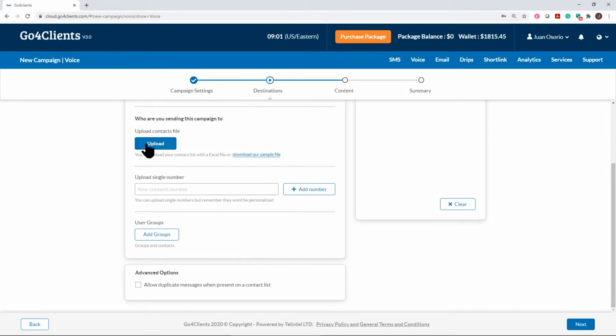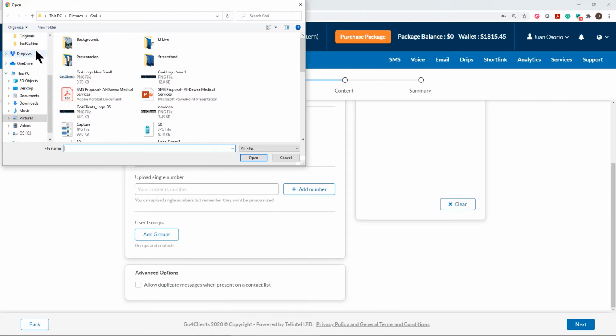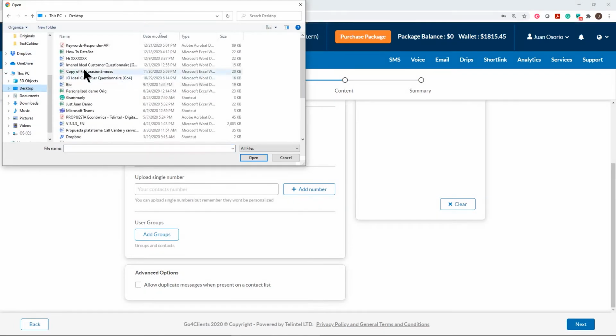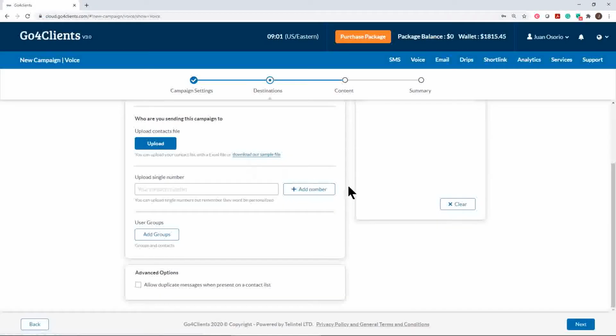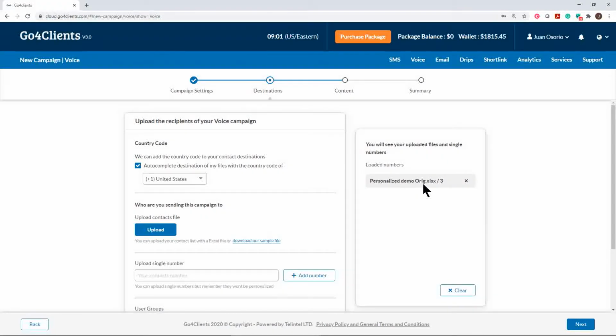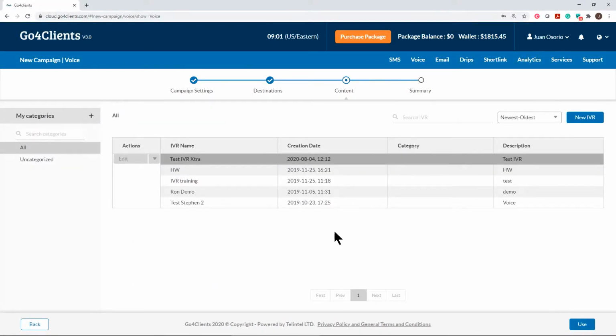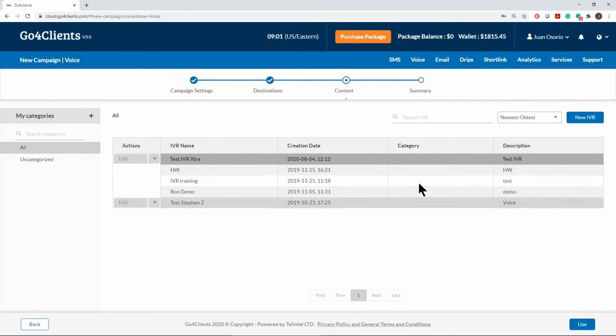I will upload a database just like we did before because I am going to need that database to personalize the message a little bit in case I need it. There's that database. Sorry, I already uploaded it, and there you see it updated. With that, I go to the last step, which is the content, and here is where we're going to focus